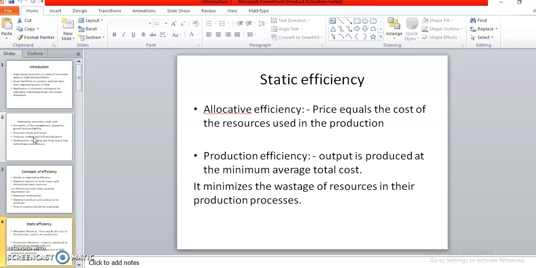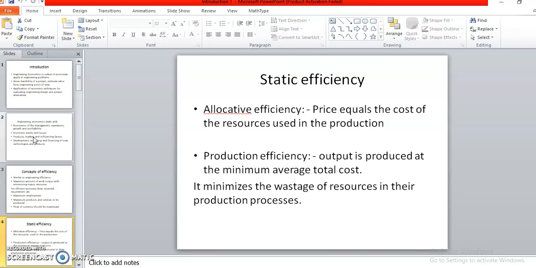That again we can differentiate into allocative efficiency and production efficiency. Allocative efficiency is when the price of that particular product or the cost of that